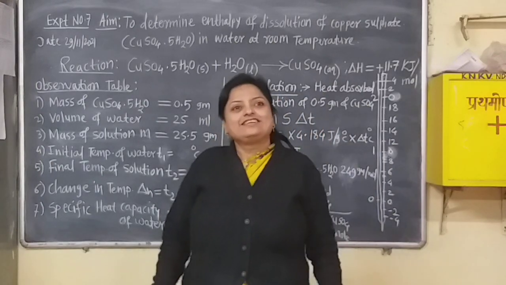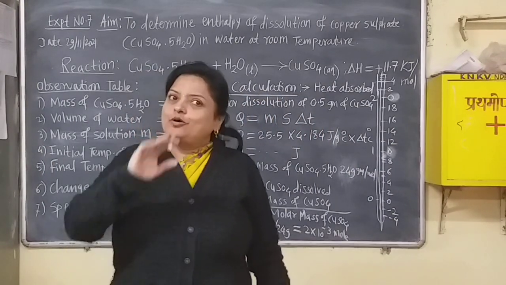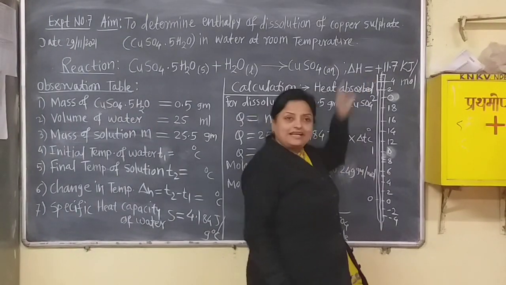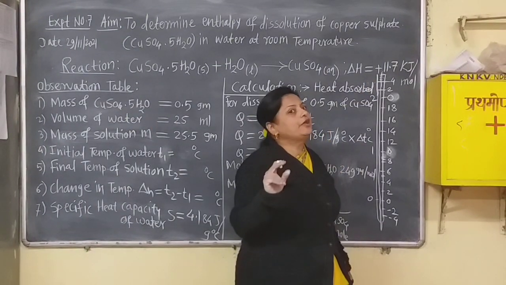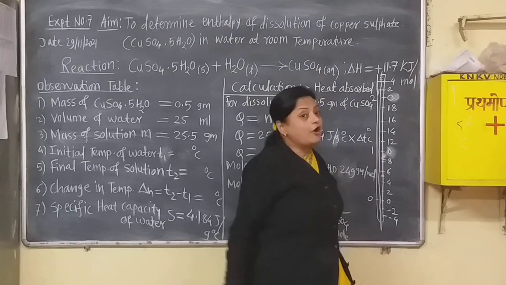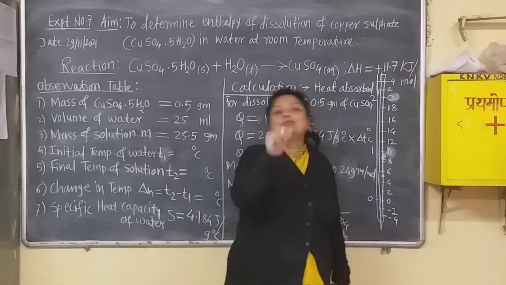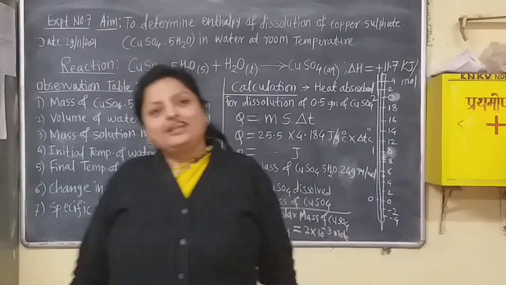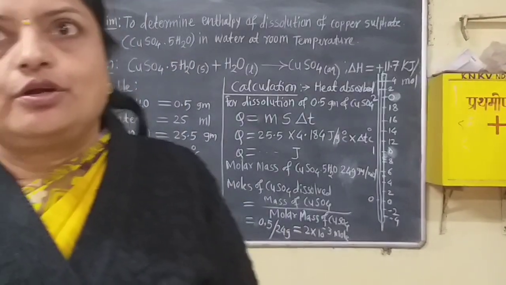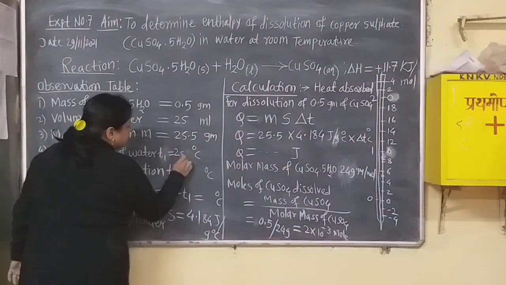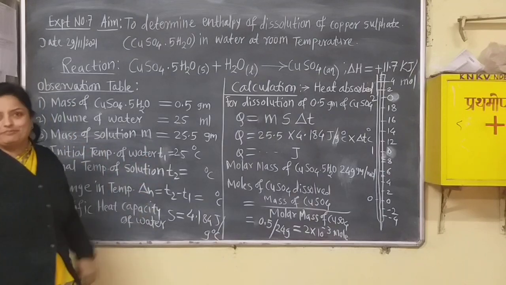Then how many? Above the 20 there is the 4, that is 24. Okay. Now the fifth line means 0.2 into 5 becomes 1. So how many temperature? 25. 25 degrees centigrade is the room temperature. Now we have to do this practical. Now here write down the 25 degree centigrade. That is the T1 temperature.